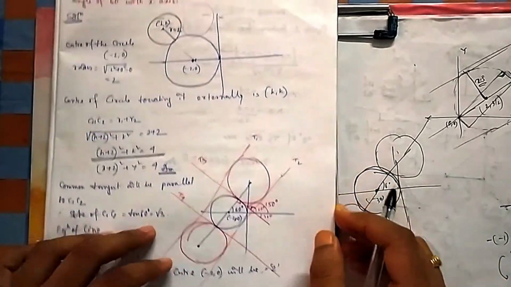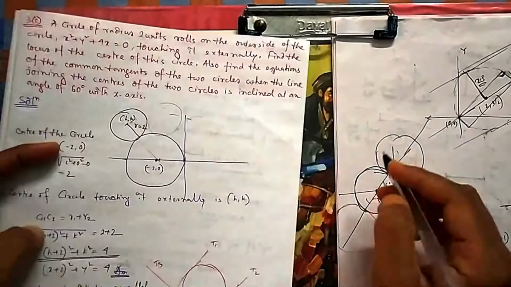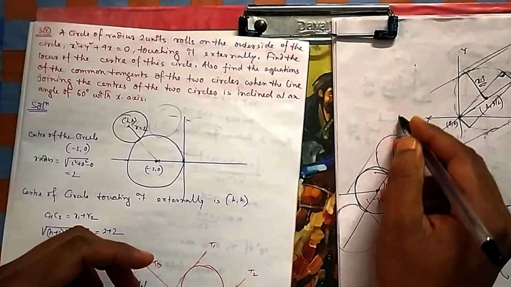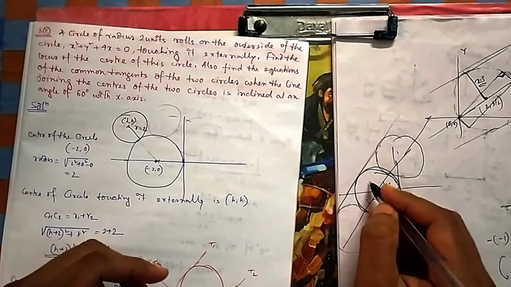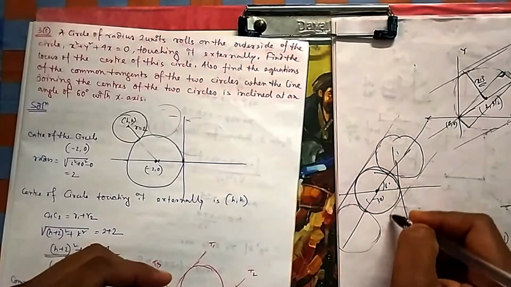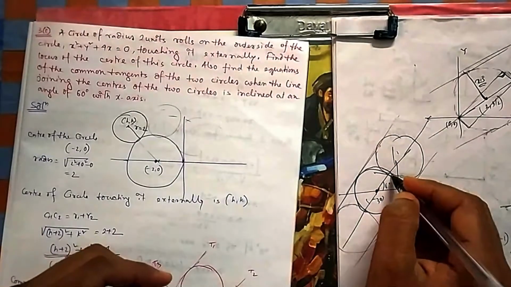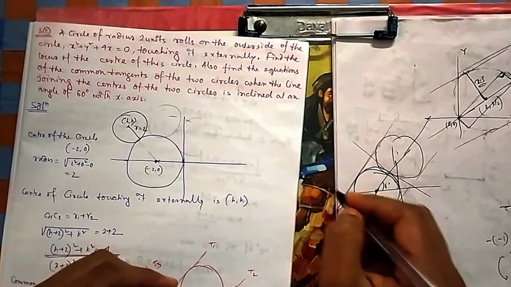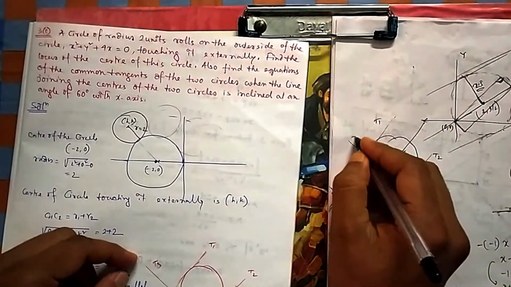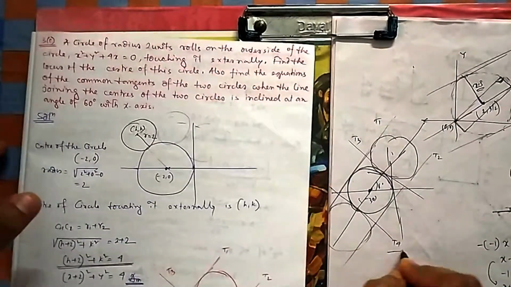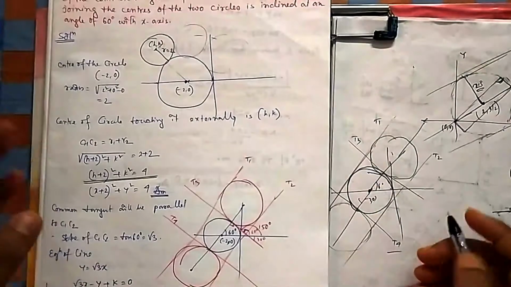So you need to find common tangents. There will be common tangents: one is this one, because if you draw this tangent, it will touch all of these, because all are of the same radius. So if you draw one tangent, this will touch this. And another can be, if you take these two, this. So these are the 4 tangents you have to find, T1, T2 suppose, and then I have named this T3 and this one T4. So you can easily find it.